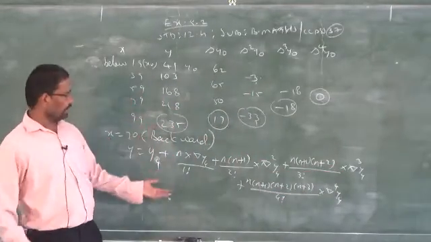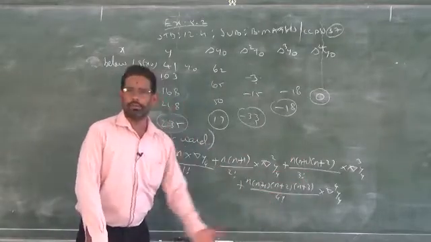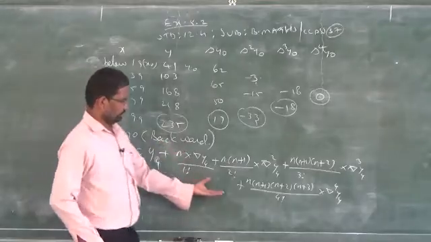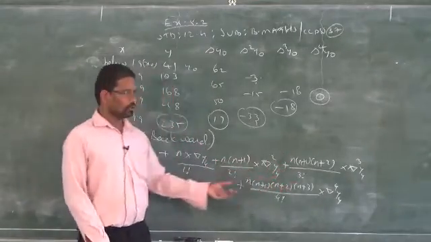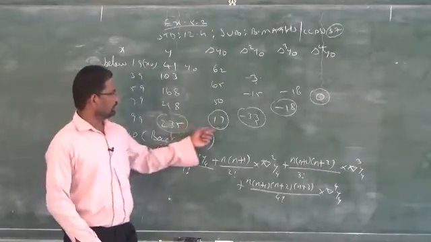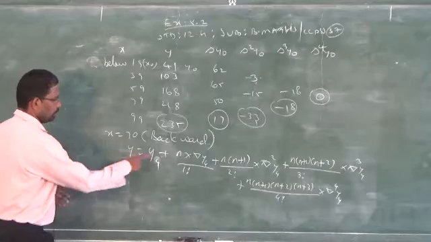You can write yn also generally, nothing wrong. Clear? Either you can write the last value or you can write yn, so both will be correct. So this is the formula to find backward. Where is the difference? Only the symbol and the sign, that's all. But you have to take the values from the bottom onwards. Circle it, and first you have to find out what is n.